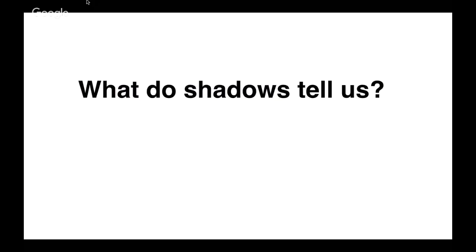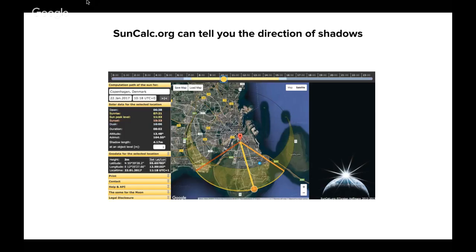Shadows can help us with the date and the time as well. Like I mentioned earlier, on the website suncalc.org, if you choose a location and a time as well, SunCalc will tell you the shadows, and you can look at if there are shadows in the picture or in the video, like the example that I just gave, if those shadows fit with the truth. Of course, this website SunCalc is very reliable. It's physics, it's science, understanding where the sun will be, how long the shadows will be. So this is a very accurate way of looking at shadows,